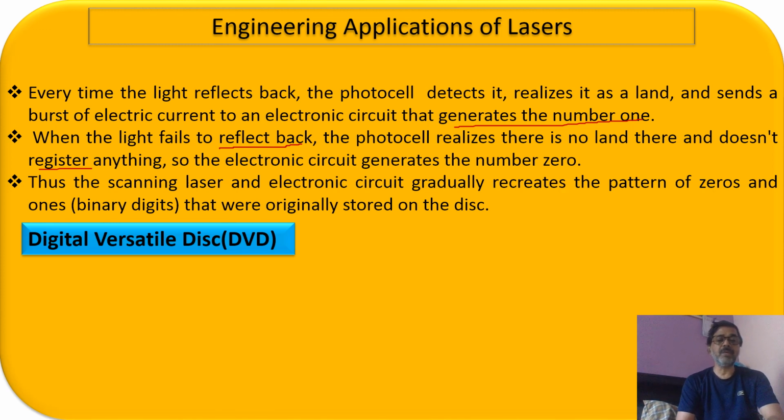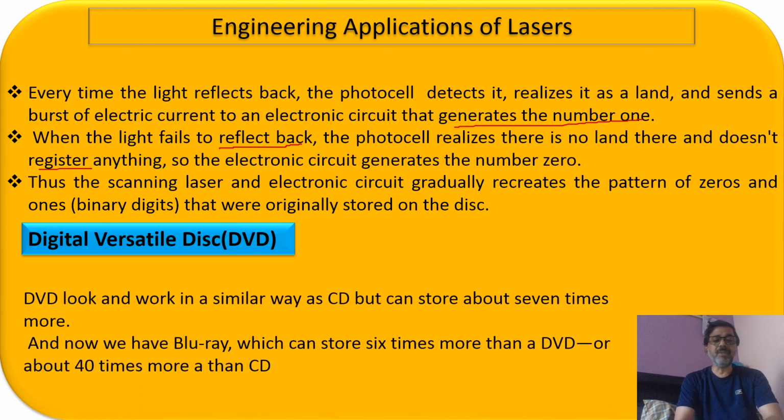Now we are coming to the next one, which is your DVD. So this is your digital versatile disc, that is called DVD. DVD also stores the data in exactly a similar way as your CD, but it has much more storage capacity, nearly 40 times that of your CD. And nowadays you have the Blu-rays and all other things, right? So the storage has increased, but the basic principle is that of your CD only as far as the recording of the data is concerned.